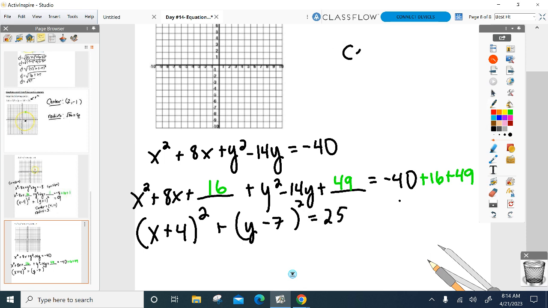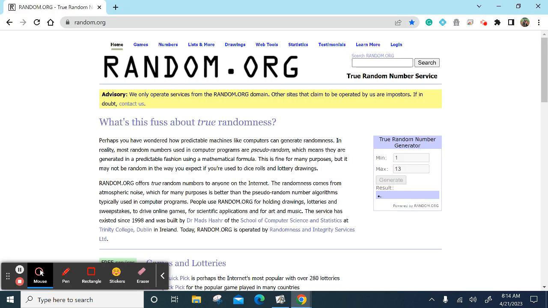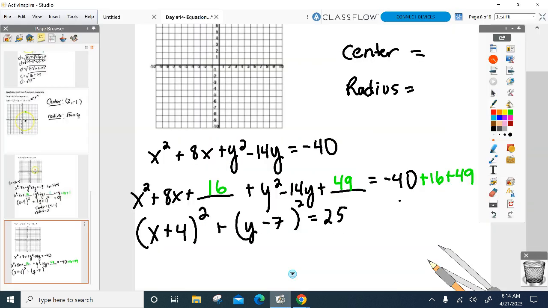All right, what's the center and the radius? Give me both. We're at the point where I think you can give me both here. What's the center and radius? The center is negative 4, 7. Great job. And how about that radius? 5. So you guys can go ahead, graph it, and you can grab the textbooks here for the last 10